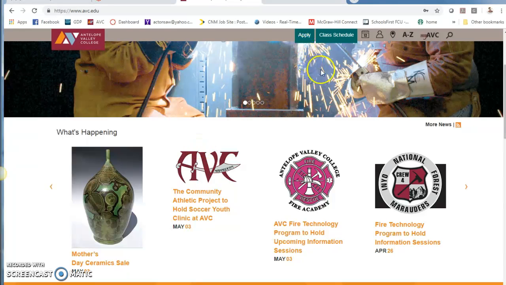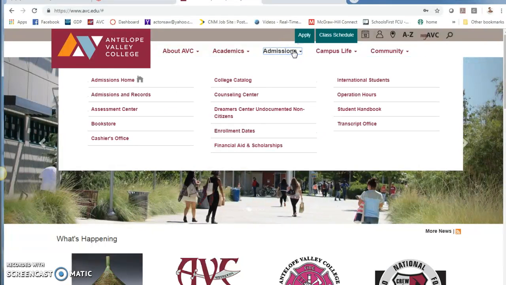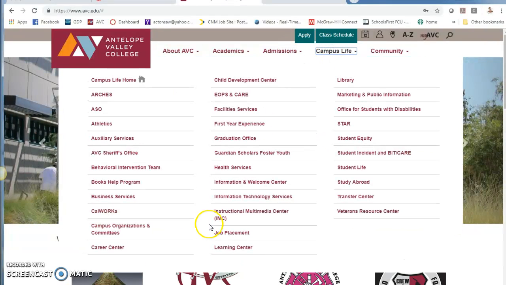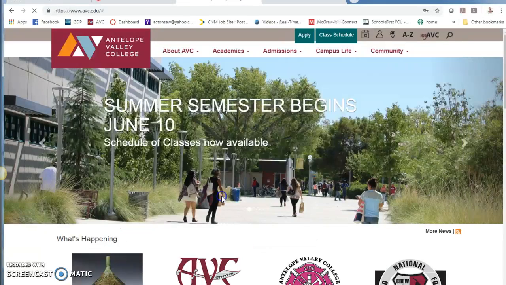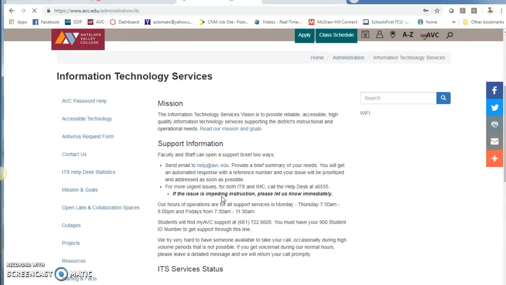Okay guys, here's how you get Word on all your computers. So I can have Campus Live. Okay, go to Campus Live, ITS, scroll down